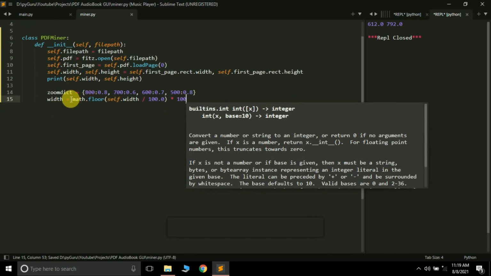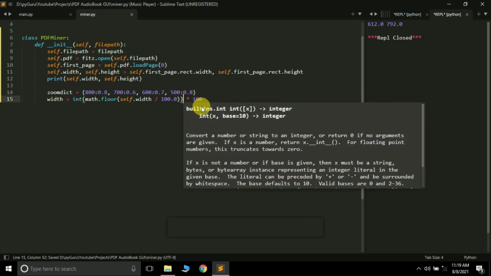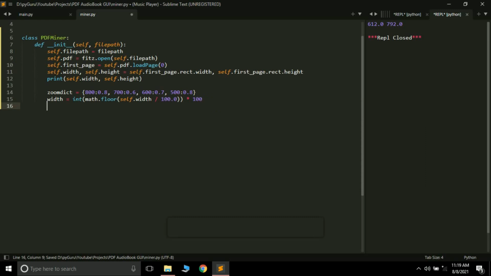Let's just convert it to an integer value. And the next thing is print width. Let me not print it. It will give us the value in this format: 800 or 700 or 600 or 500, something like this.